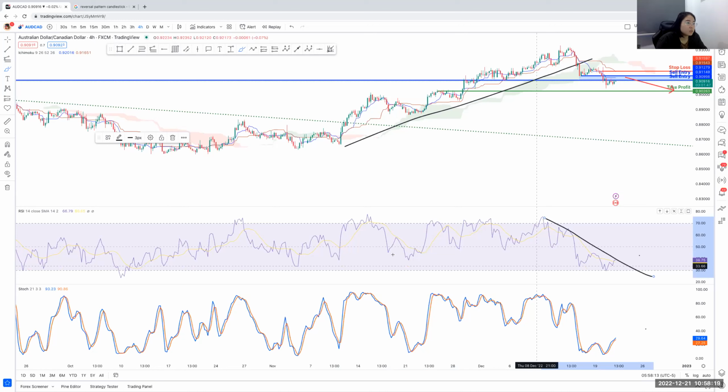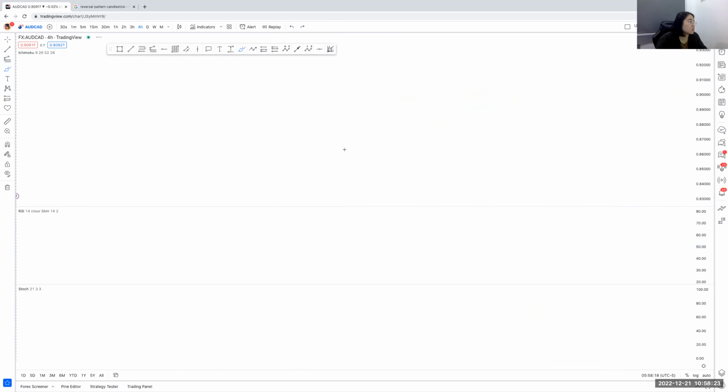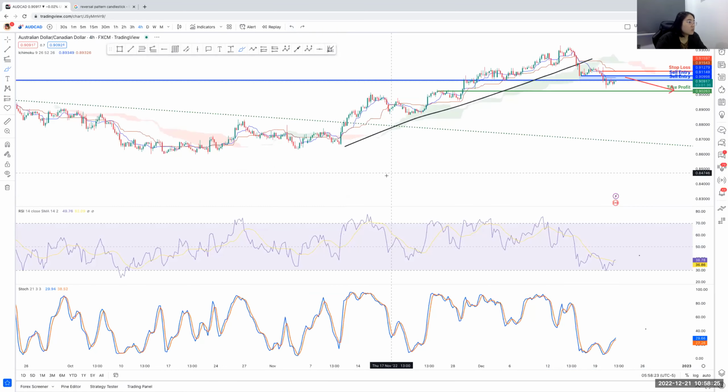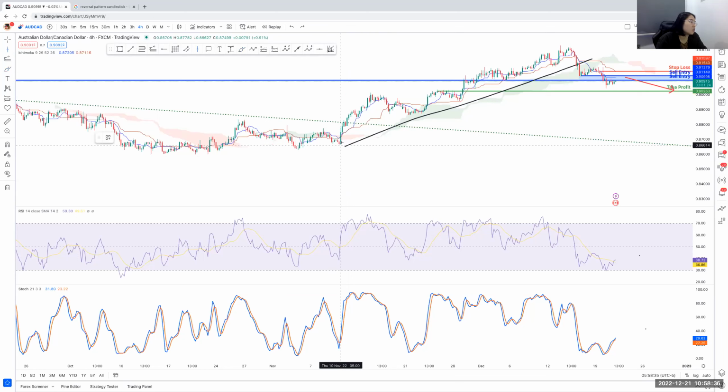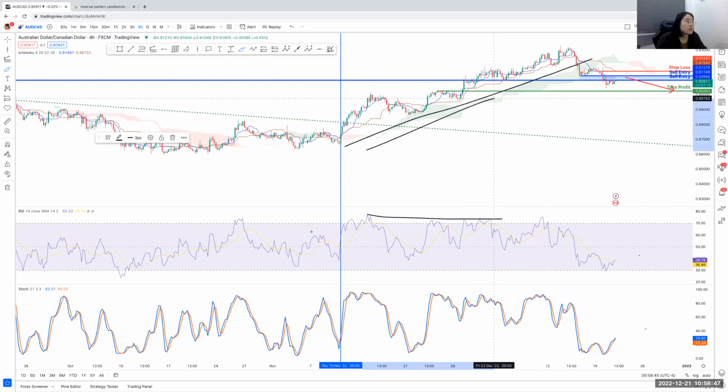Give me a moment. Okay, you need to measure following the same area that you took this line from. So if you drew this line here, take a vertical line and plot it here. You need to see if price is going up or down. If price is going down on the RSI, even though on the chart it is going up,